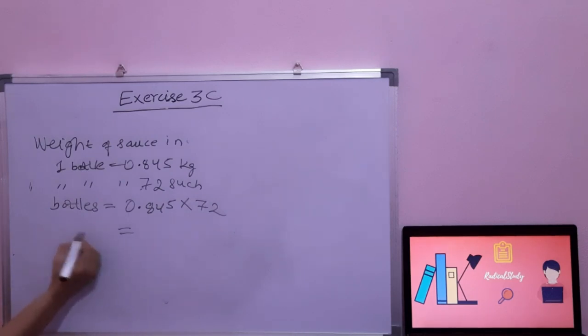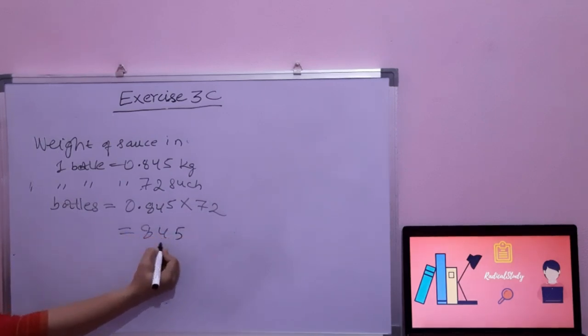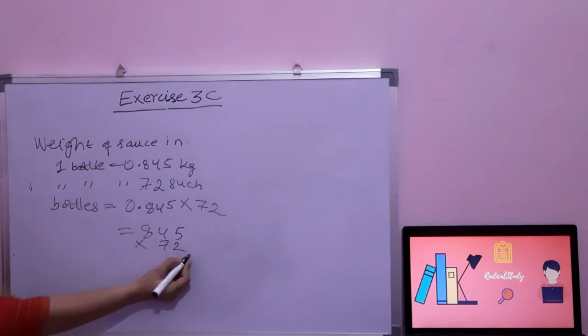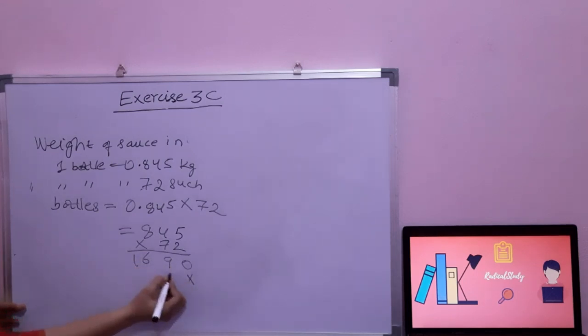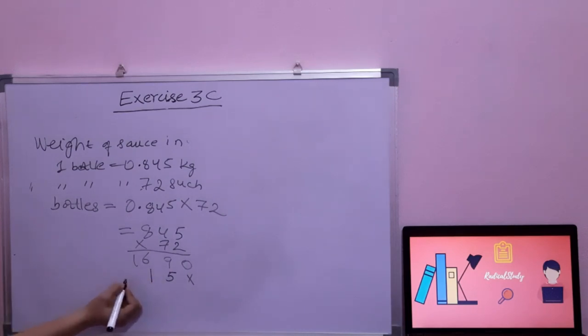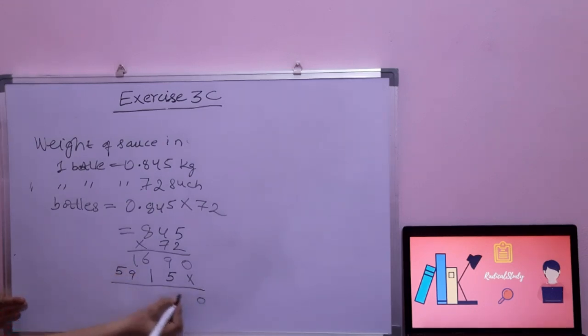मैं आपको यहाँ पे मल्टीप्लाई करके दिखा रही हूँ. 845 को मैं 72 से मल्टीप्लाई करूँगी. 2 5s are 10, 2 4s are 8, 9, 2 8s are 16, 7 5s are 35, 3 carry, 7 4s are 28, 31, 7 8s are 56 and 3 59. जब हम इसको ऐड करेंगे 0, 9, 10, 11, 12, 13, 14, 4, 1 carry, here it will be 8, here it will be 10. So 60840 हमारा आंसर आया.